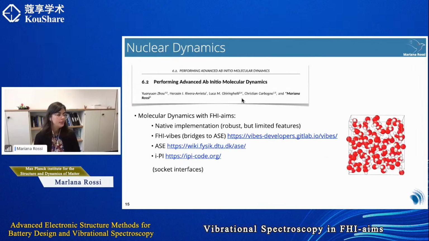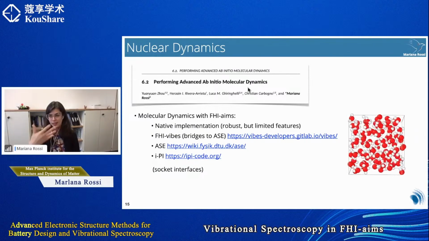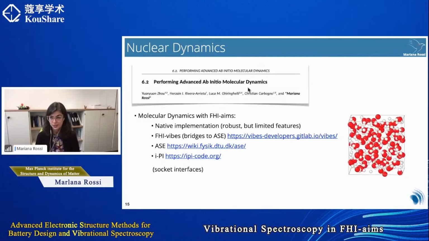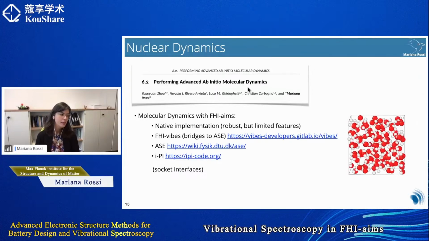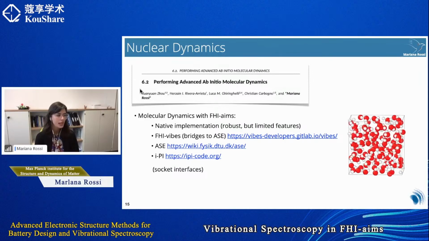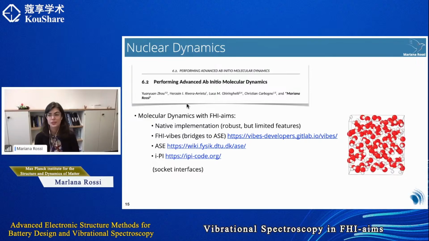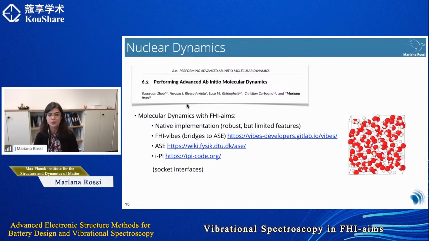On the other hand, if you want to do the anharmonic case, then you need to really get the nuclei to move. This you do through molecular dynamics. And the molecular dynamics in FHI-aims is also covered by another contribution in this roadmap, this one here, 6.2. There are several ways as well to perform molecular dynamics with FHI-aims. There's a native implementation, which is quite robust, but has limited features in the sense that, for example, there is no